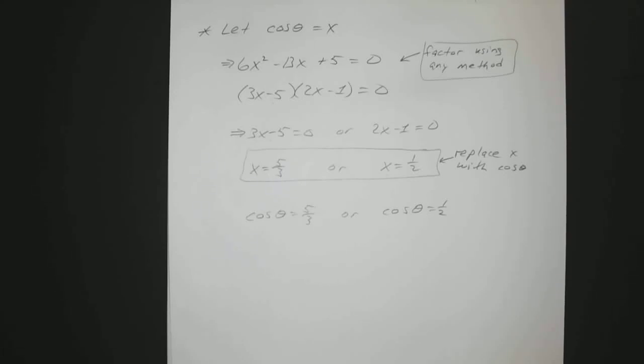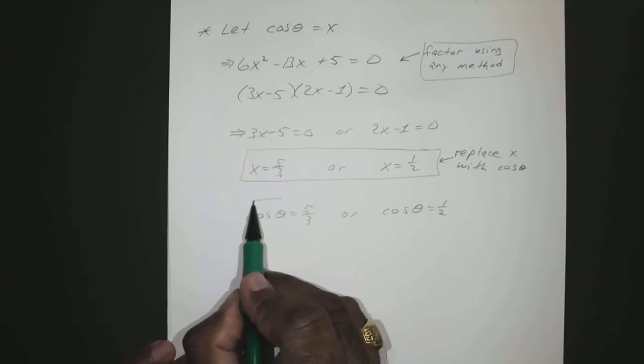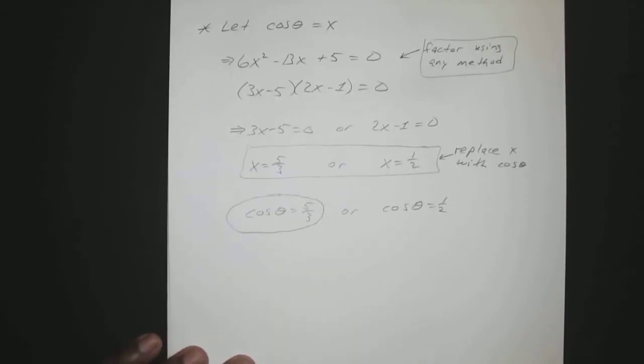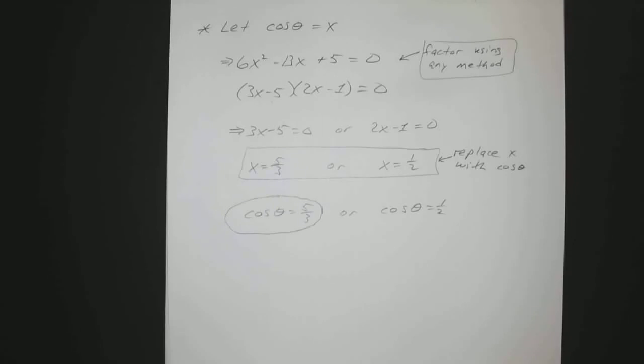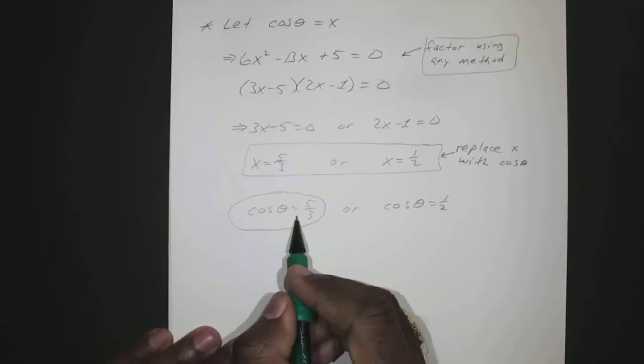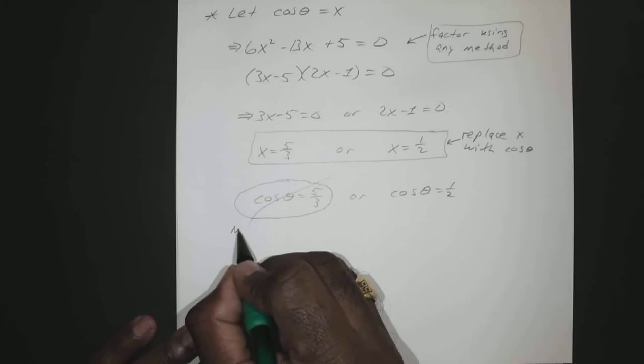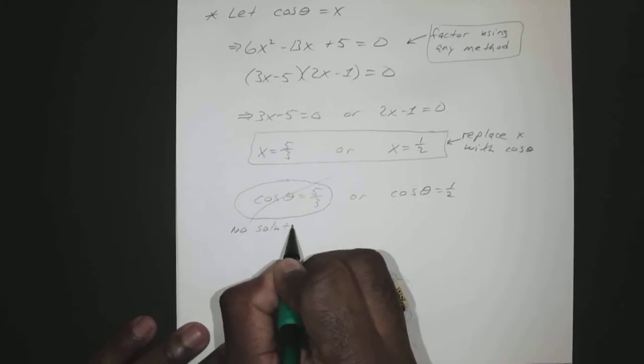Now all you have to do is solve for both of those. Now the one trick you can look for is whenever you have a cosine theta equal a number bigger than 1, it's automatically no solution. Because remember, cosine theta just goes between 1 and -1. So this, no solution,